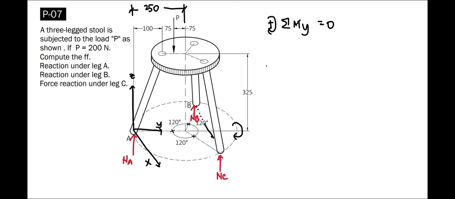And then, by taking summation moment along the y-axis, we have the normal force at B times its moment arm distance of the radius of 250 multiplied by the sine of 120 degrees. So this is the moment arm distance of N sub B along the y-axis,